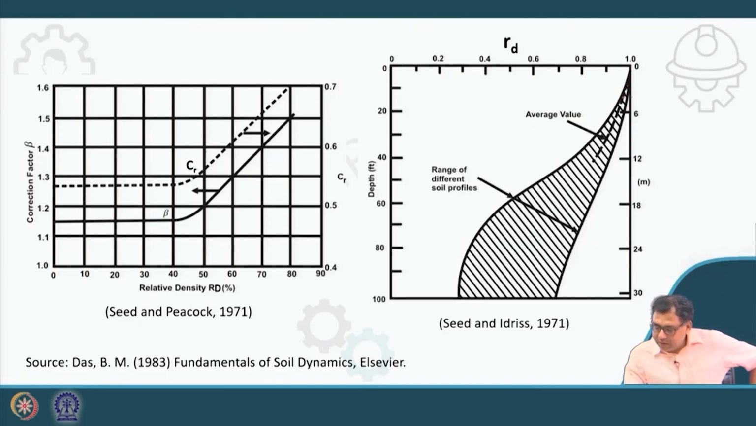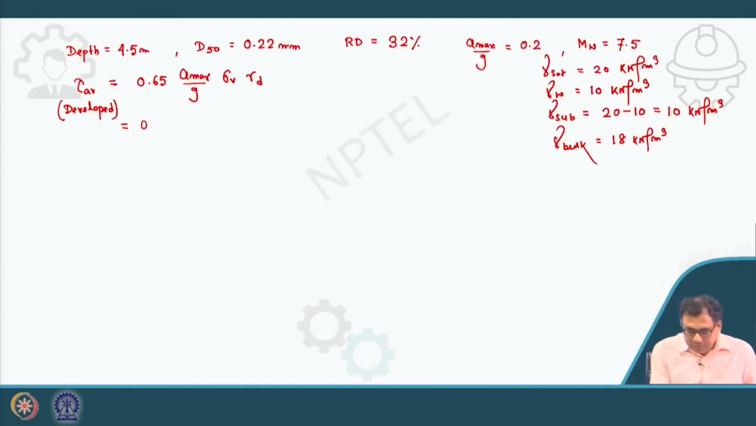4 meter. This value is 0.9, 0.96. This is 0.4 meter. The average value. This is 0.96. Okay, so this is 0.96. This is 0.9. So you can see here it is around 0.96. So I can write that this is 0.65 into Amax by G is 0.2